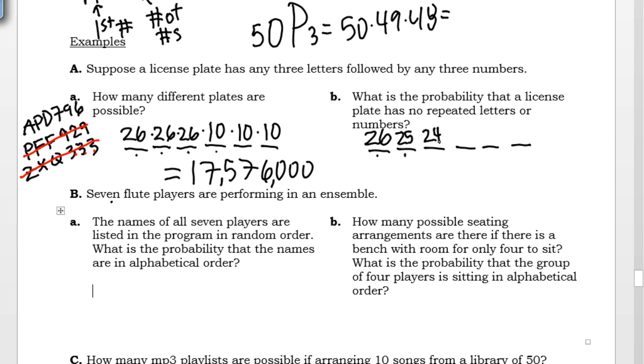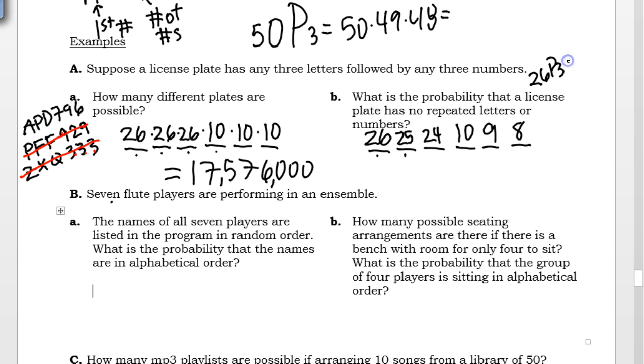letters. Now I'm switching to my numbers. 0 through 9, I have 10 choices. I used up any one of those. If I used up the 7, now I only have 9 left to choose from. Say I used up the 5, now I only have 8 left to choose from. So really this is